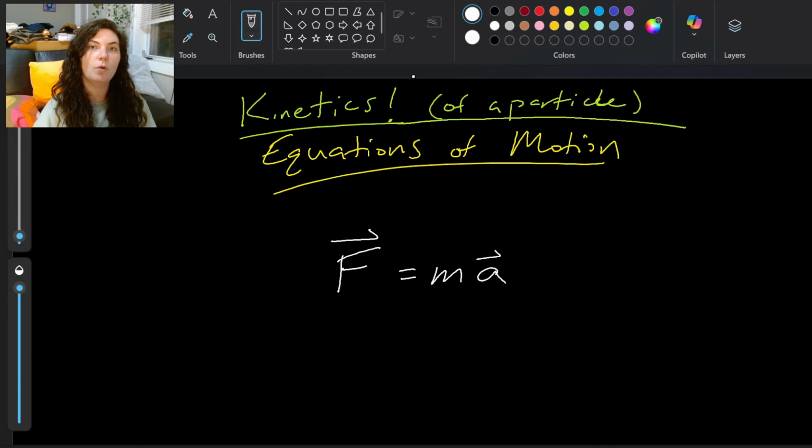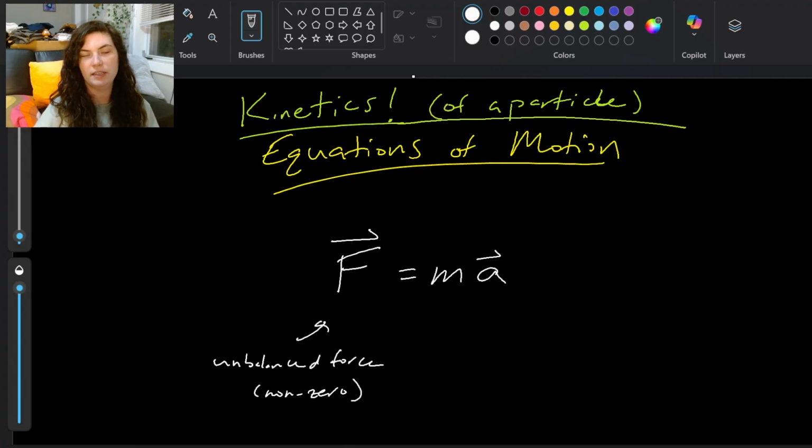So our force equals mass times acceleration, where we have this unbalanced force, we have non-zero forces that are causing some kind of acceleration, where we have the mass of whatever is moving, whatever is being accelerated, and then of course the acceleration